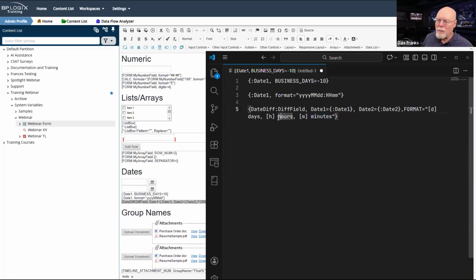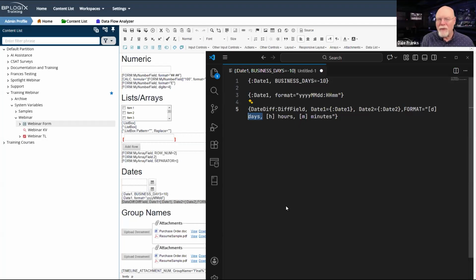And so I can just throw these texts, plus I have these separators in here. It gets a little confusing. So the square brackets enable me to set off the formatters from the actual literal text that I want to display as part of the result for my time span variable.